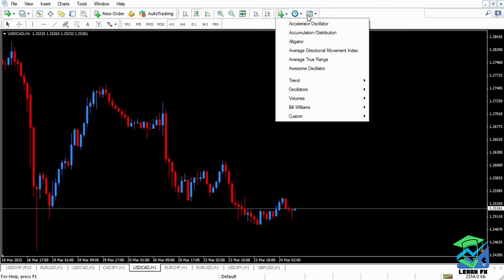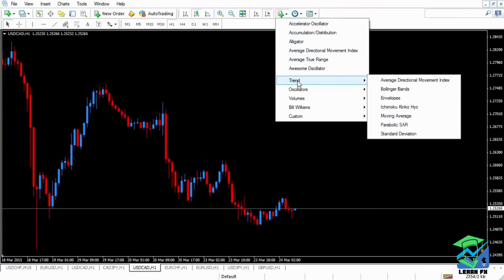These are in alphabetical order. But these are the most recently added indicators once you start adding them. Because you haven't added any yet, what's here is just in alphabetical order now. If I want to add a moving average, I will mouse over trend and then I will go over and mouse over moving average and click,